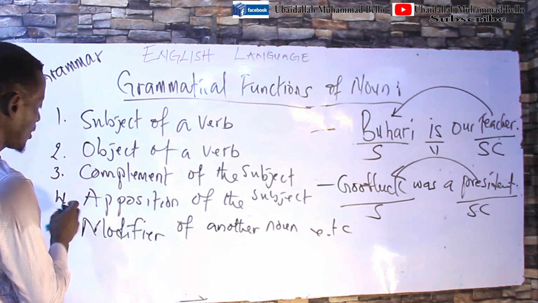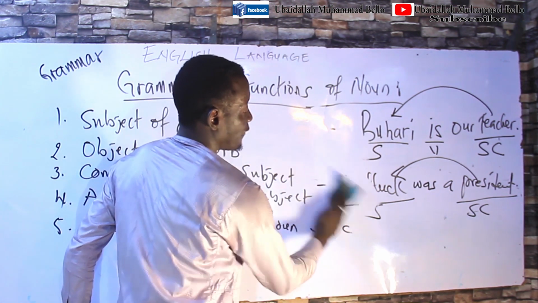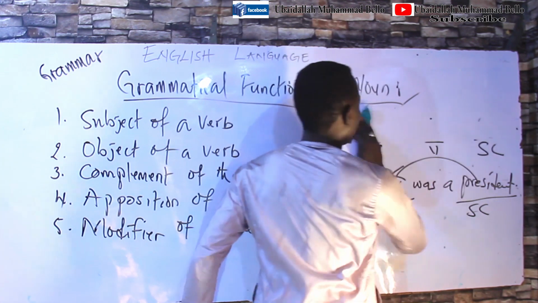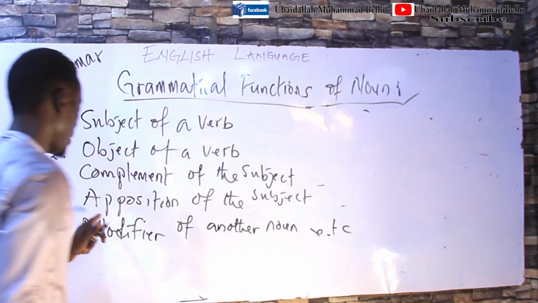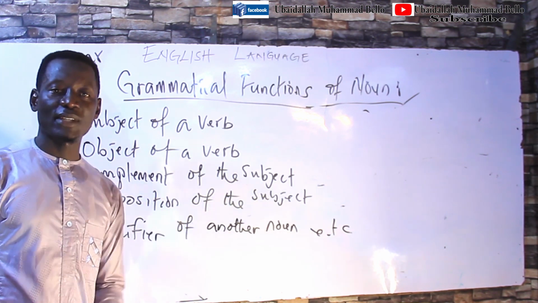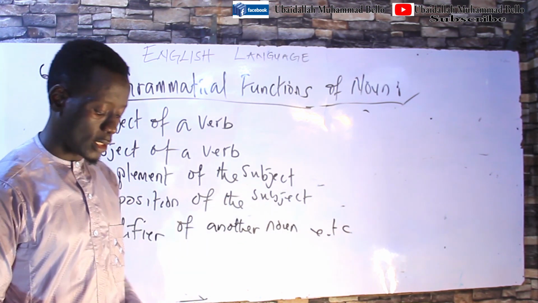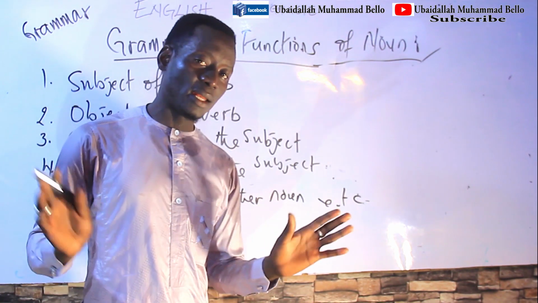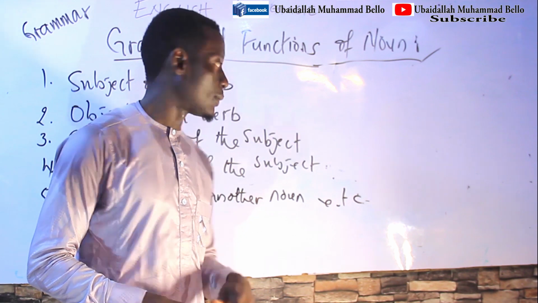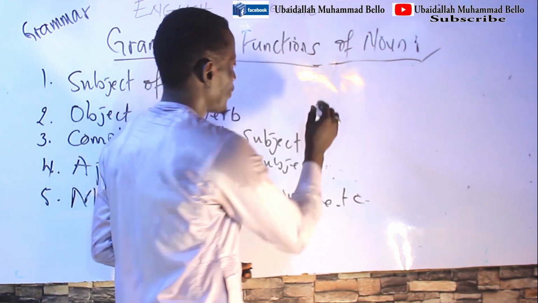The fourth example, or fourth function of a noun, is apposition of the subject. Apposition of the subject. It is a very simple thing for us to have a clean understanding of, using this example,